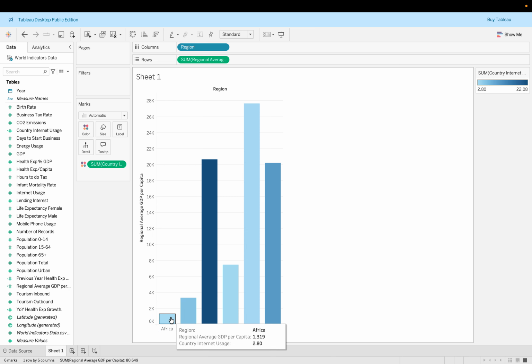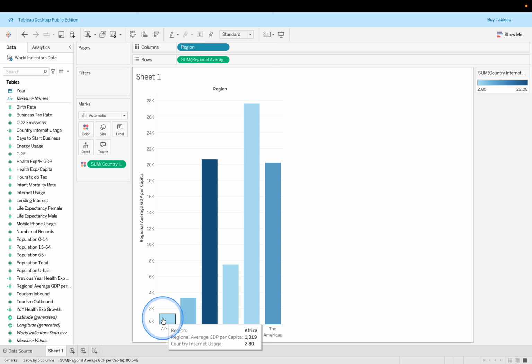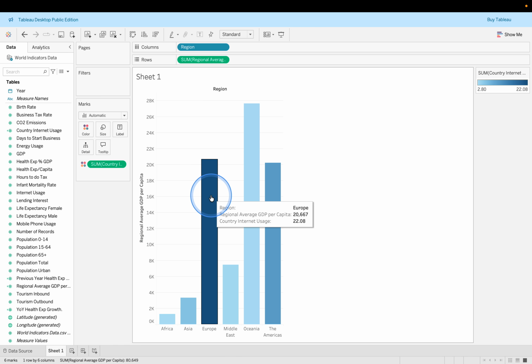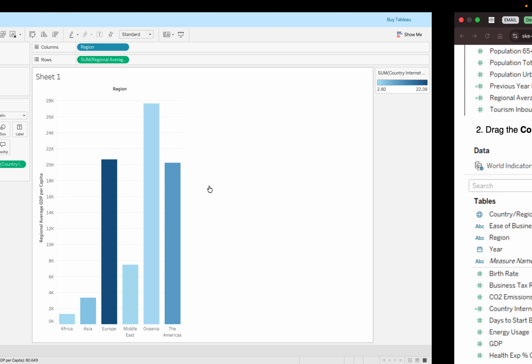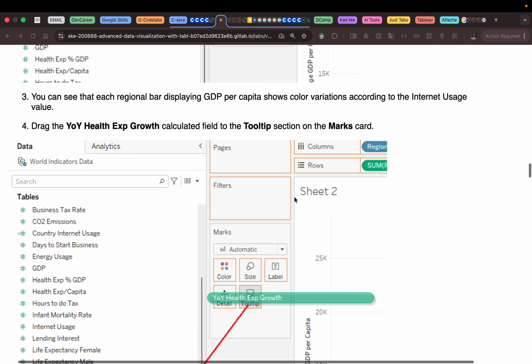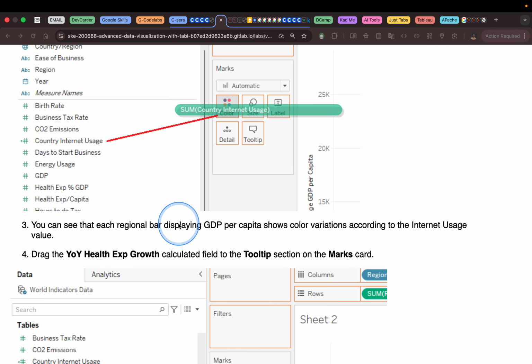So the internet usage for Middle East is 3.1, for Africa it's 2.3. So just like I said earlier, we consider each regional bar displaying GDP per capita shows color variations according to